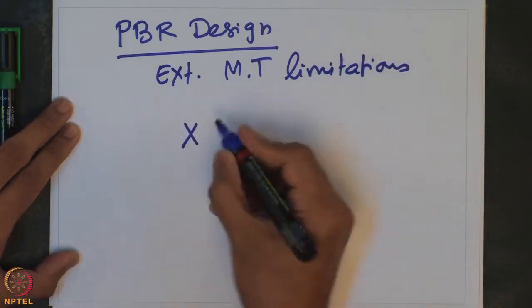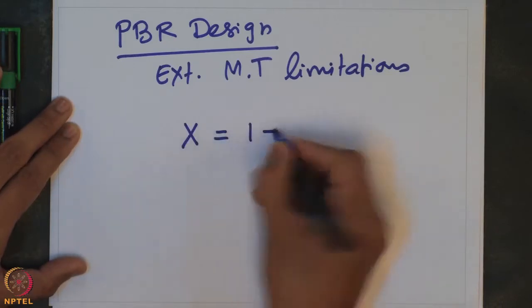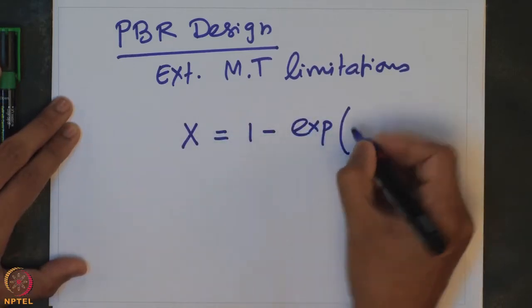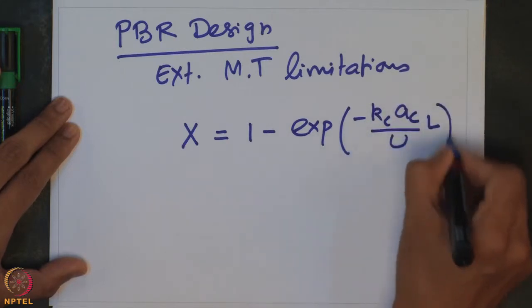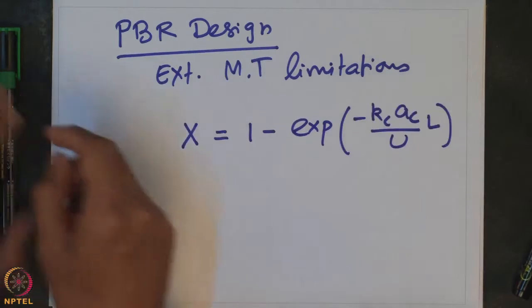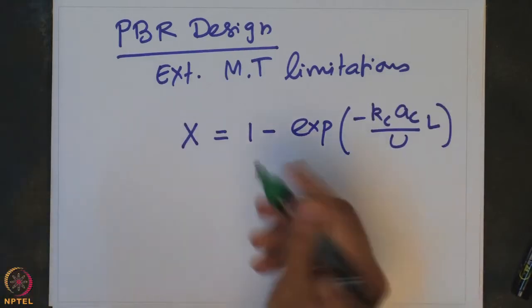And we found that conversion is essentially given by 1 minus exponential of minus Kc Ac divided by U into length of the reactor. So, Kc is the mass transport coefficient,